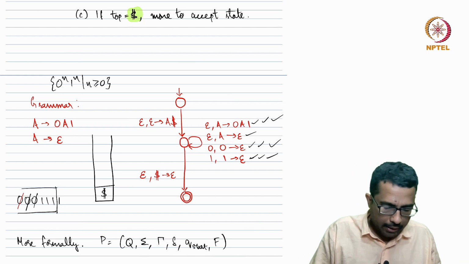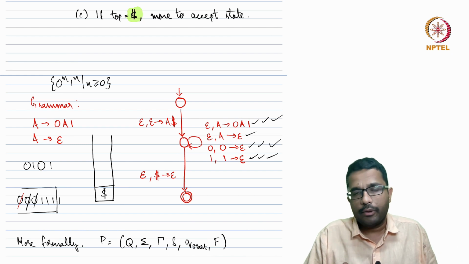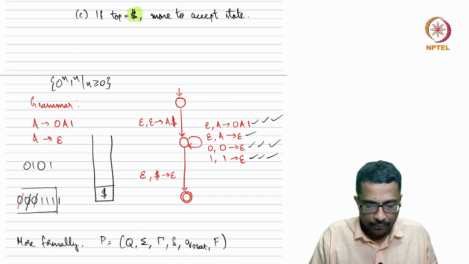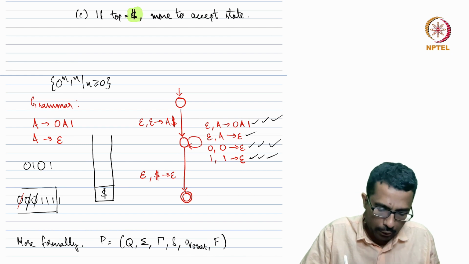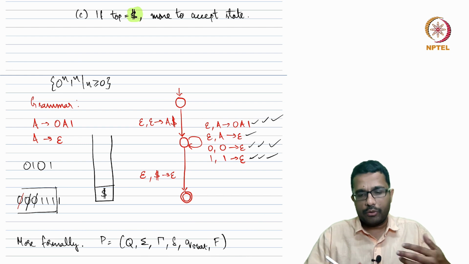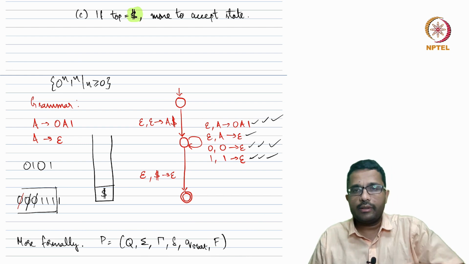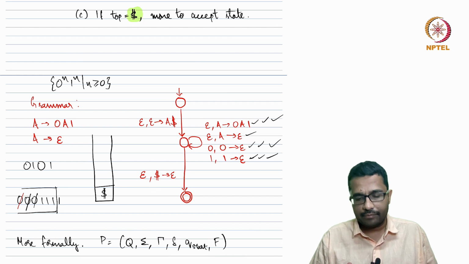And if you have some other string like 010, or something which is not in 0^n 1^n or even 0*1*, you can try to work this out. You cannot process that string using this PDA, because you have a bunch of zeros and then a bunch of ones, and they have to be equal. Only then will it be accepted, right?